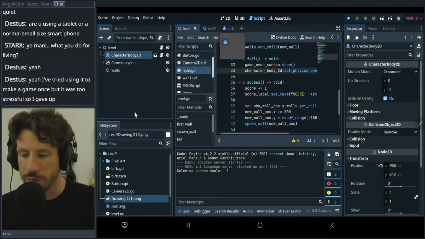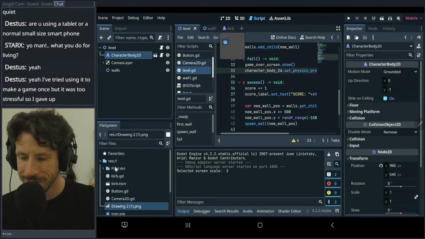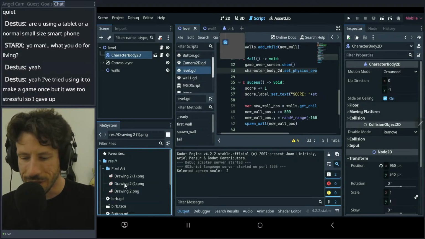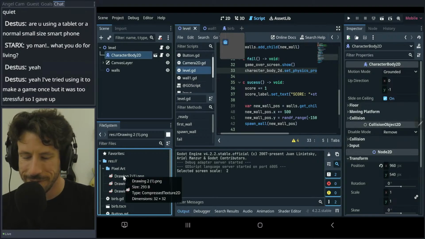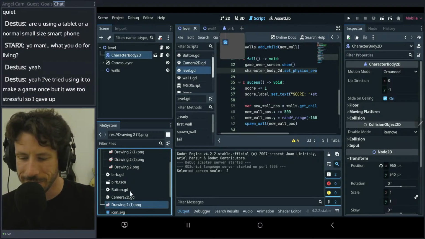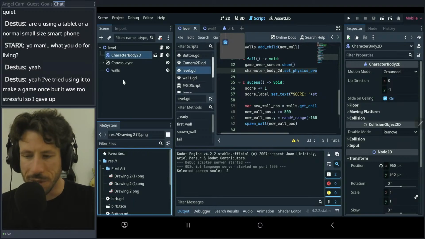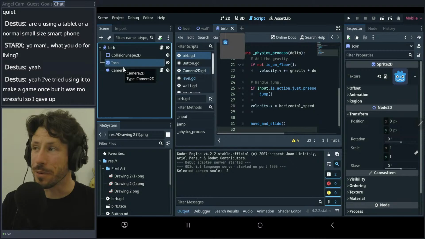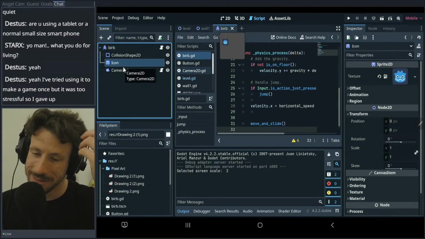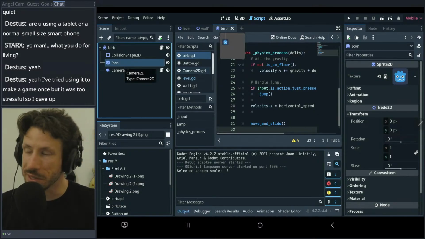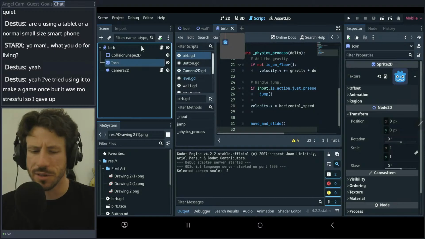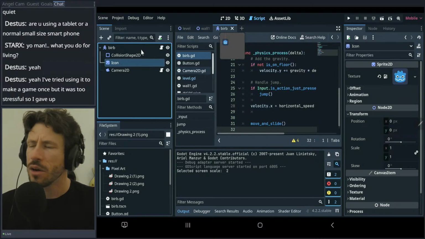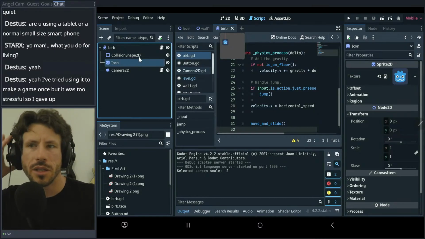Okay, so I've got all these images. And I'm missing one of the drawings, which is super annoying. It's going to be the best we can do, guys. Like, actually a problem. I don't know what you do for pixel art. I think there's one that's based on Godot, which would be like,